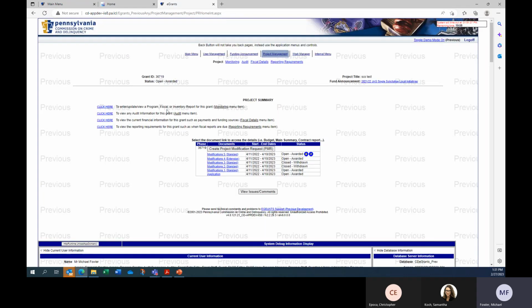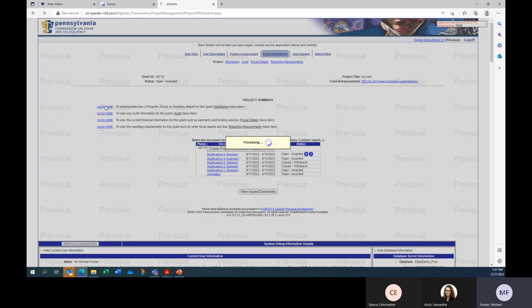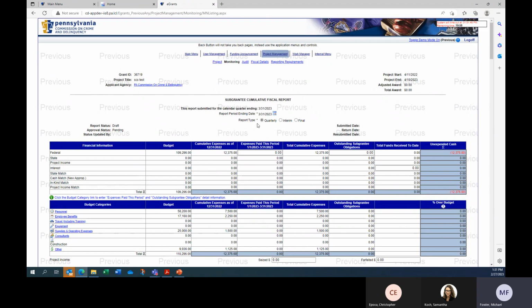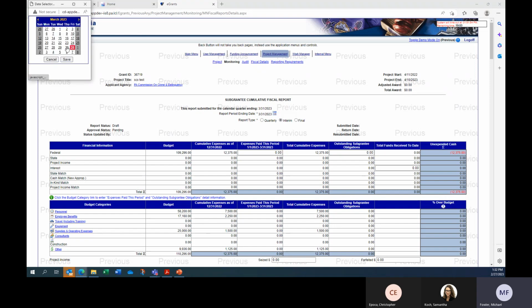And then we're going to enter another fiscal report. We're going to do the same thing, create a fiscal report, but the only difference is going to be right here. It's going to be an interim report and not a quarterly report. So we will enter an interim report, but it cannot be on a quarter ending. So you have to go into here and you could put it the day before or anytime before the quarter ends.